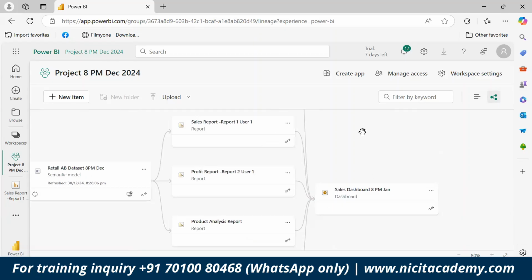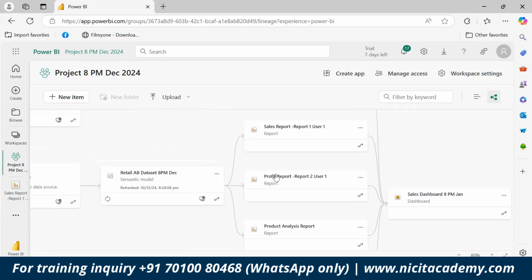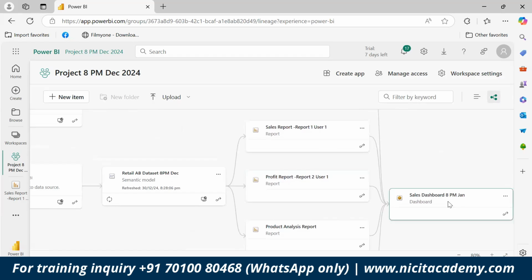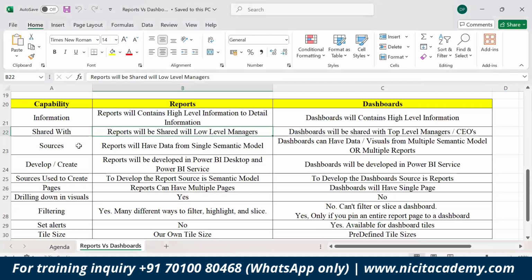This is a dashboard, and it is created on top of the reports. So for creating this dashboard, the reports are the data source. But for creating the reports, the data set is the data source. On top of the data set, we create reports. On top of reports, we create dashboards. That's what this point says. Sources: reports will have